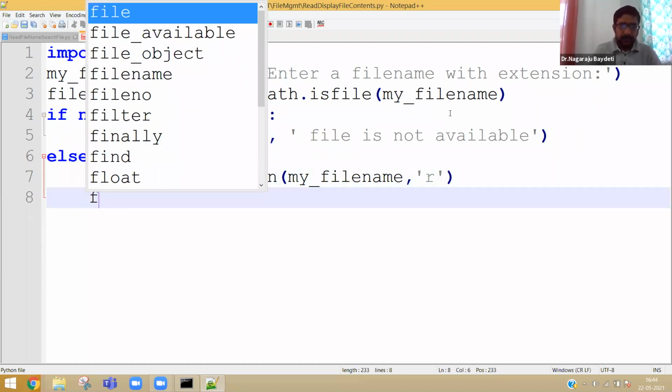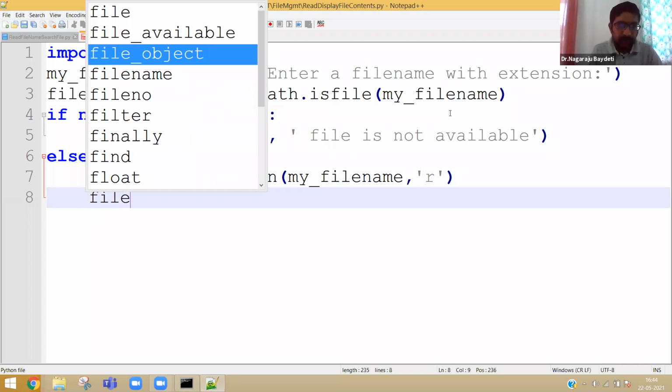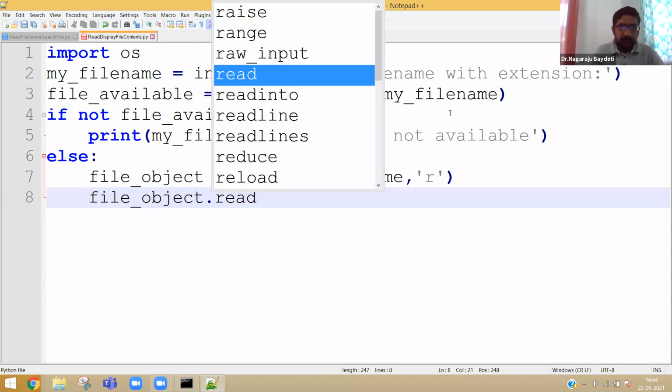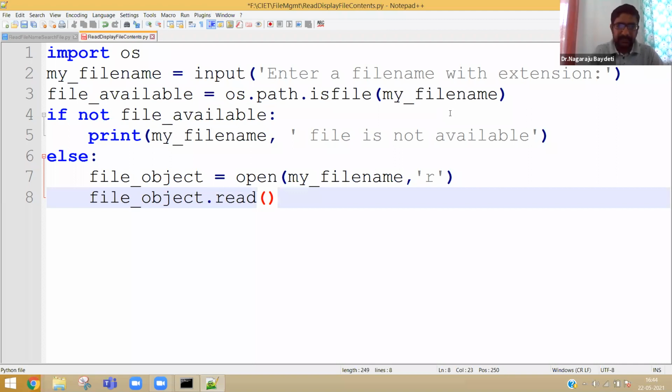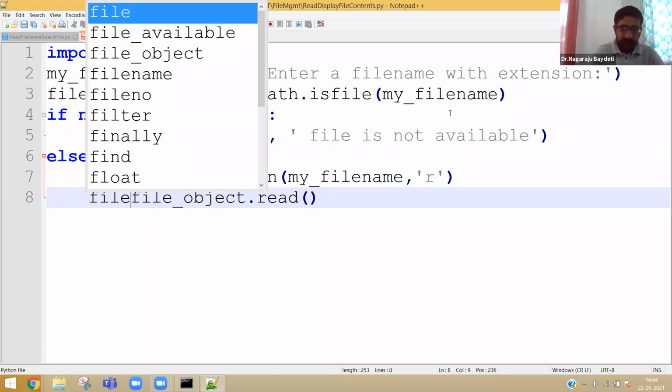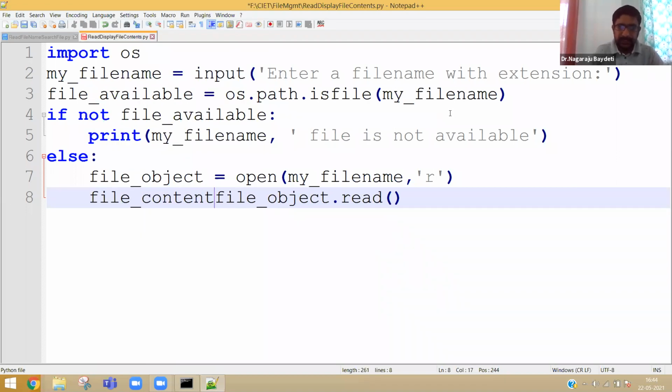Then see, this is an extension of yesterday's program, by understanding the logic of searching a file also. File object dot read will actually read the contents. So suppose file contents is equal to file object dot read.